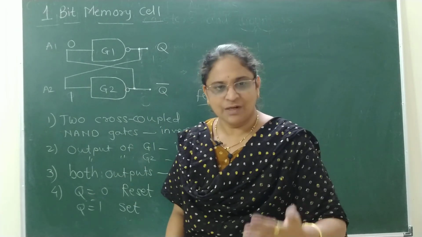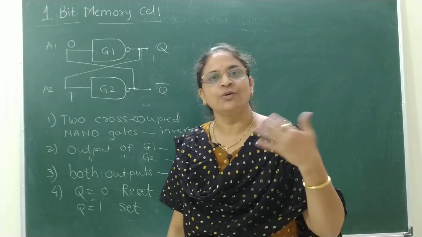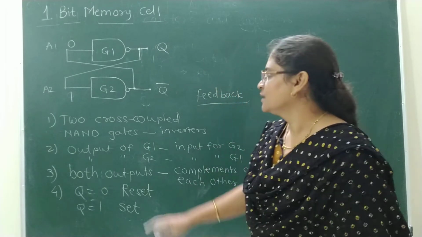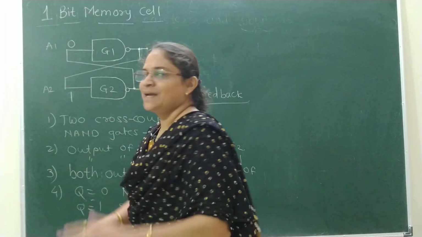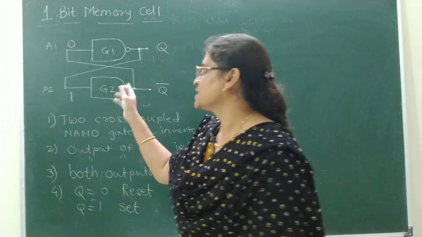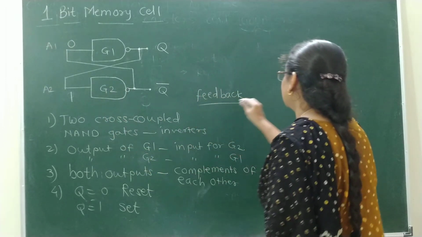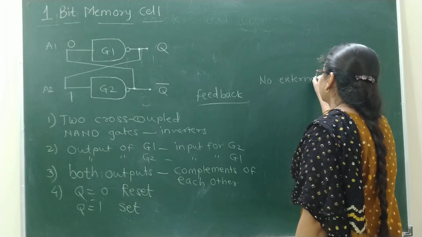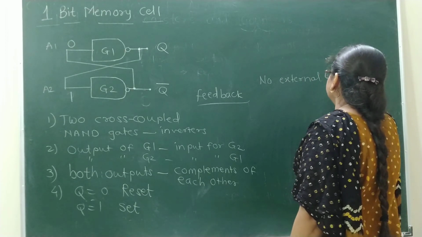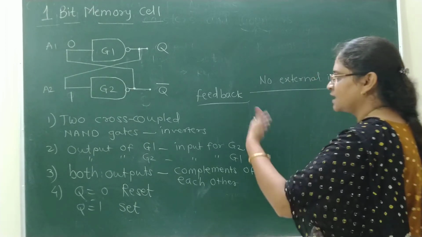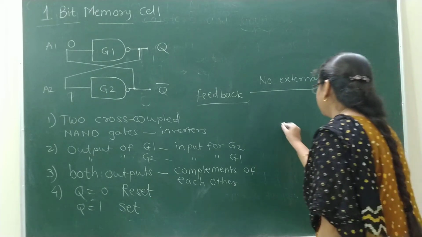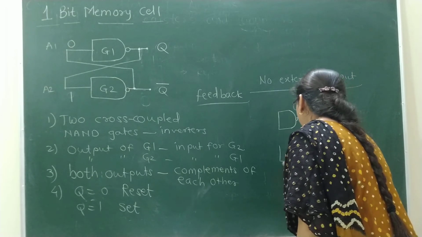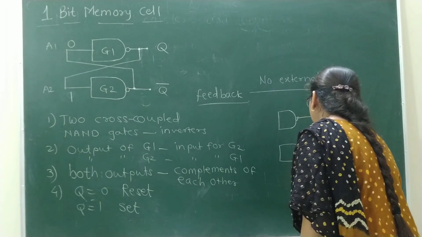So like that, whenever the power supply is turned on, we have to assume what the status of the output Q is. Here, there is no way to apply an external input. That is the drawback of this circuit. No external input can be given to this circuit, and for that there is another circuit that is made available by adding two more NAND gates before these basic two NAND gates.